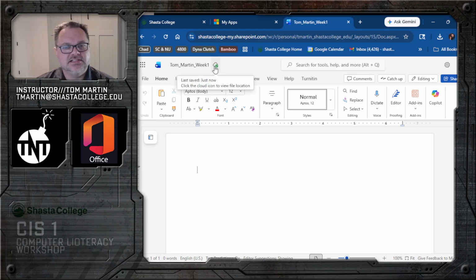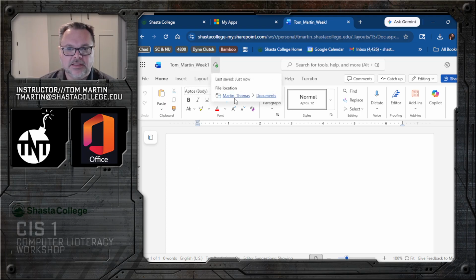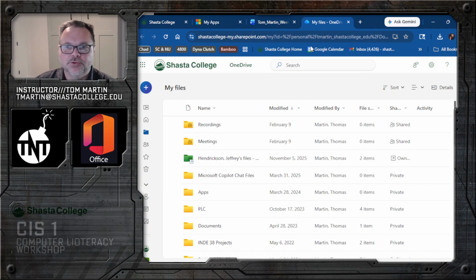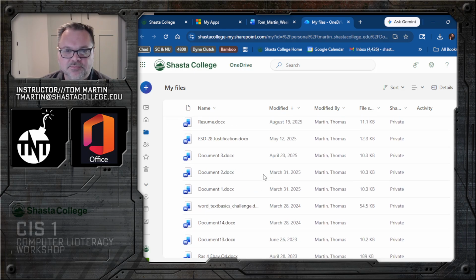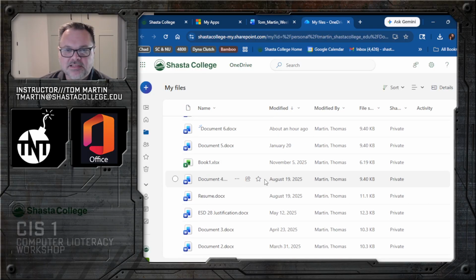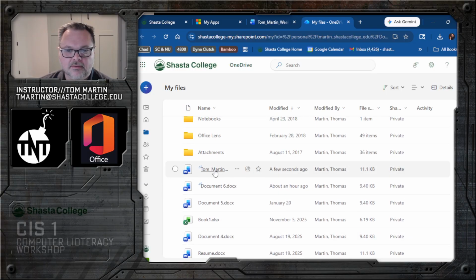Now I want to make sure I've saved it in the correct spot, and so if I click on the cloud, it's going to tell me it's in my name folder, which is kind of how they do the OneDrive, right? It's a school's OneDrive. I have a folder with my name on it, and it's in the Documents folder. So I'm going to click that Documents folder, and you see it opens up a new tab here. Now, I have a lot of stuff in my Documents folder, and I have a lot of just files from doing practice videos, but we can see my file right here in this